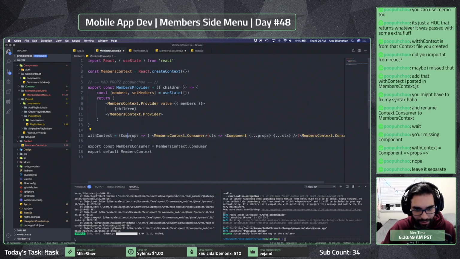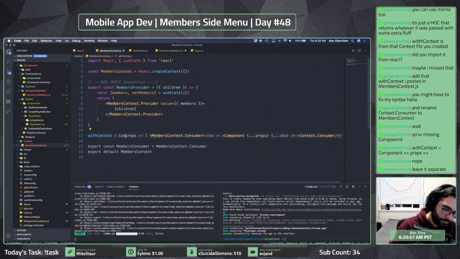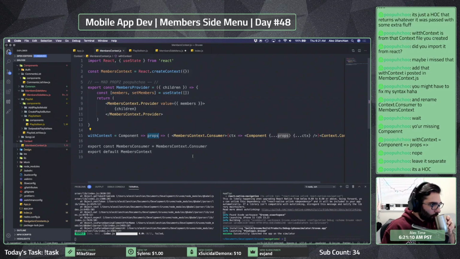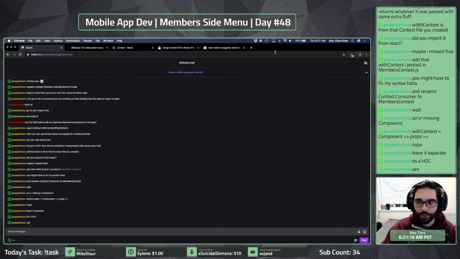Two lambdas? What the heck is that? I've never seen that before. That's really a thing? So equals this thing. So is this just another function that's returning another function? Is that what we're doing here? It's an HOC. I don't know what that is. Hold on. Please hold.